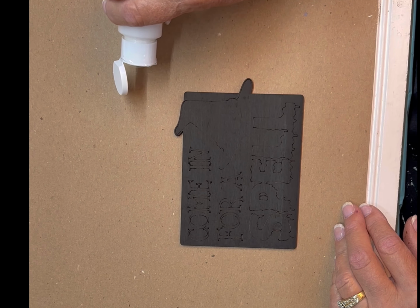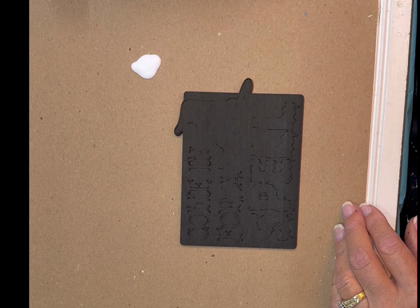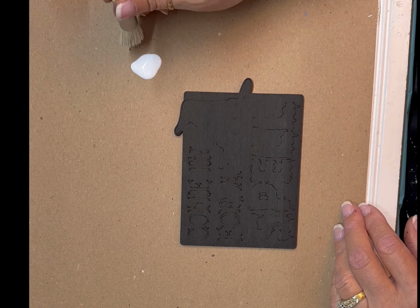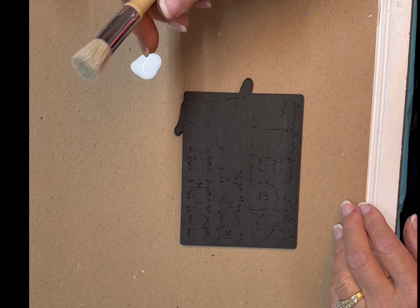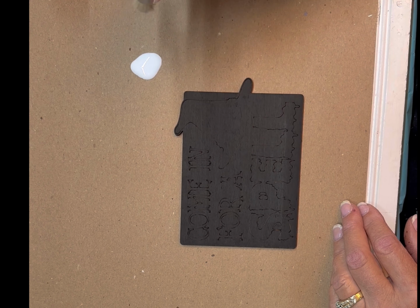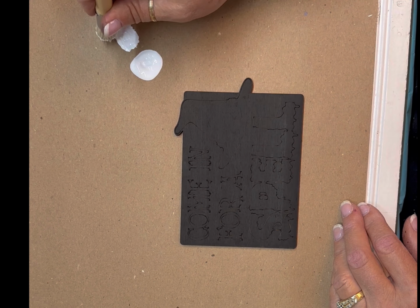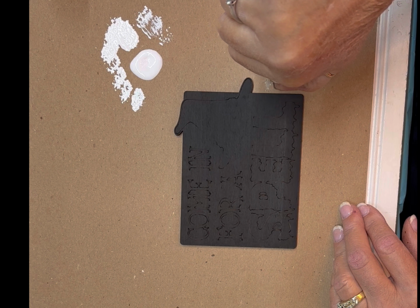Hi, this is the technique of splattering paint. You put a little bit on cardboard or a piece of paper. I'm using a stencil brush. You can use a toothbrush, you can use a paintbrush. This is the way I prefer to do it. I dip it in there, come around with it, get a lot of it offloaded, and take my thumb and